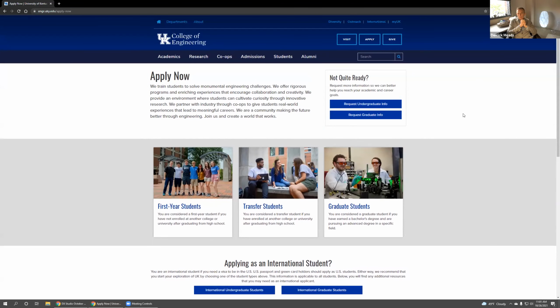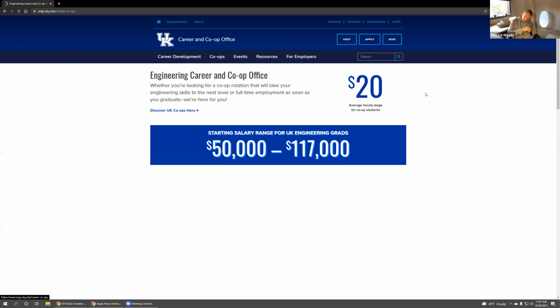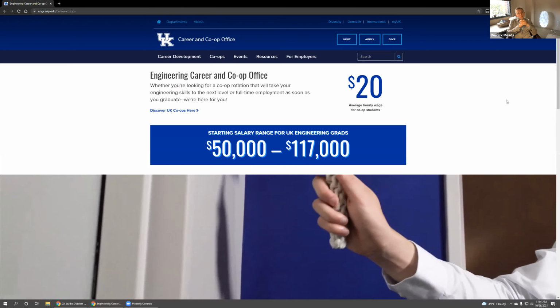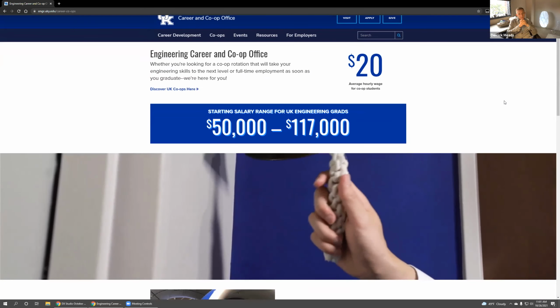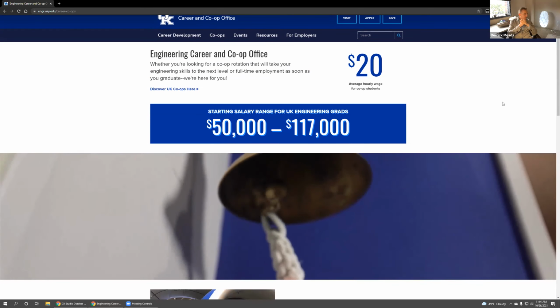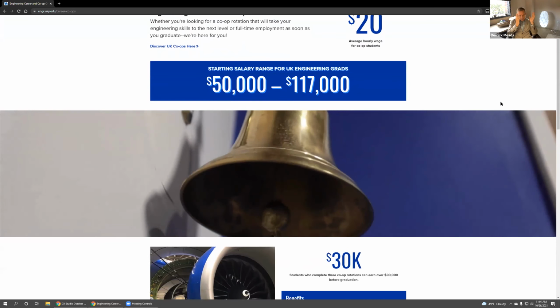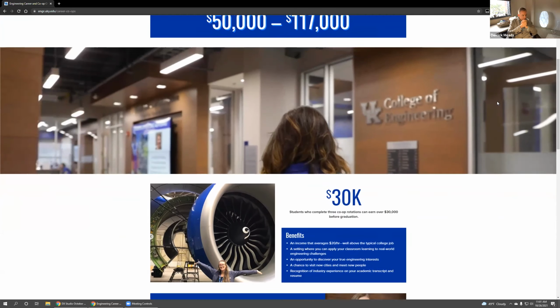The other thing we launched, and I was working with Kelly on this as well, is, I mentioned we're struggling a little bit with messaging around co-ops because U of L requires co-ops, Cincinnati requires co-ops. We don't require co-ops because we want our kids to be able to do research. There are other opportunities towards success, and we feel like our co-ops are higher quality because they're not required, so we can focus on what students really need.